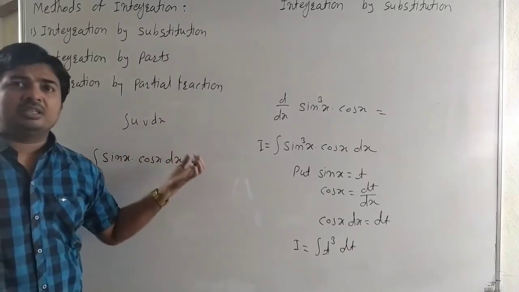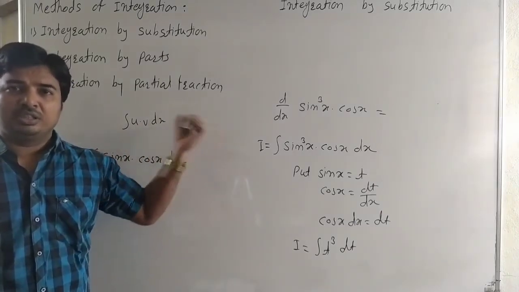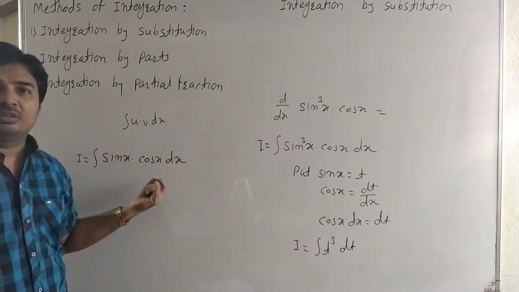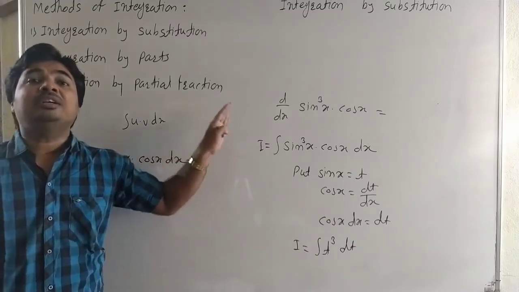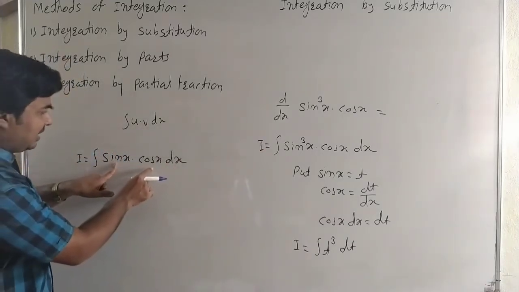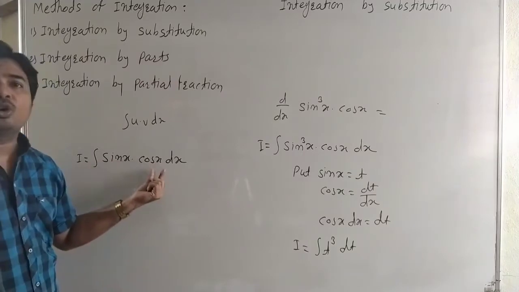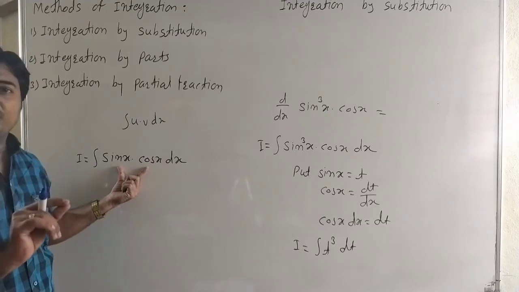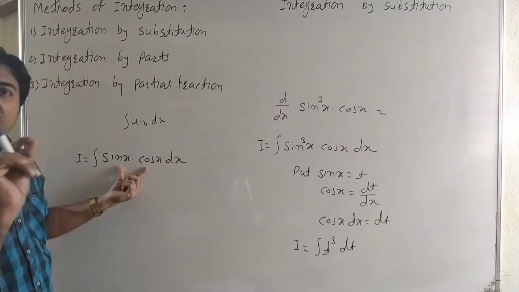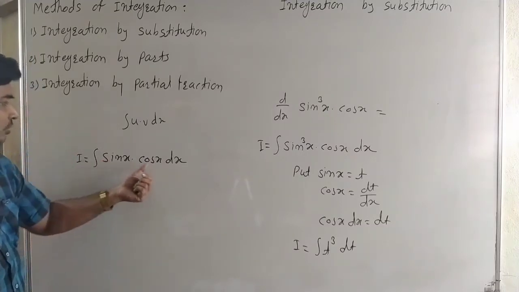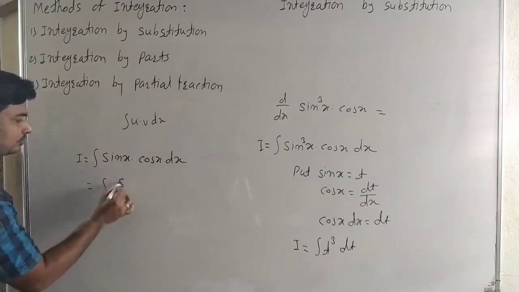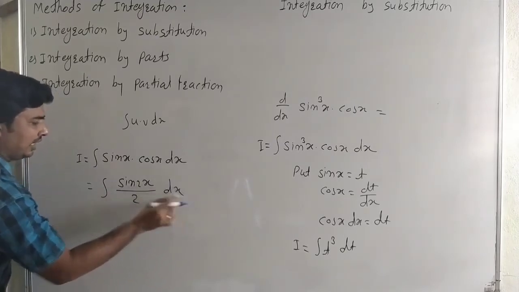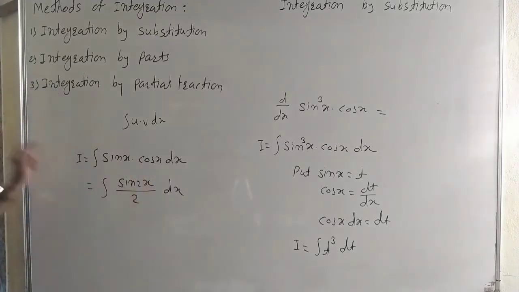Or, as in the previous exercise 3.1, we can reduce the function to standard integrals using trigonometric functions. Here for sin x into cos x, we can use the sin a cos b trigonometric formula, or use sin 2 theta, whose formula is 2 sin theta cos theta. Here 2 sin x cos x, so this can be written as sin 2x upon 2 dx, and now the half is a constant, and we can directly integrate sin 2x.